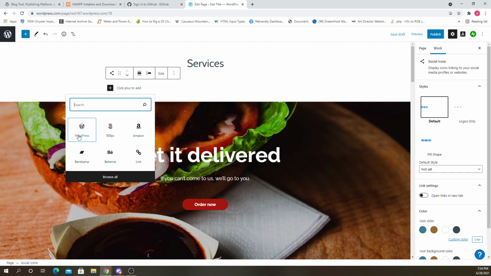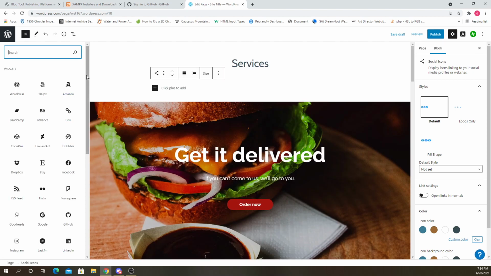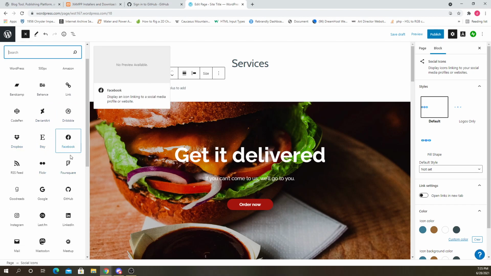And by default, it gives us a few here: WordPress, Amazon. I don't know what that is. It's a 5, looks like. I don't know. Bandcamp, Behance. Click browse all. We can see there's a bunch of other stuff here. Etsy, Facebook.